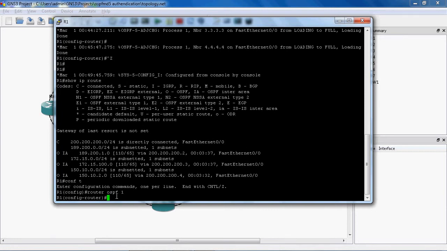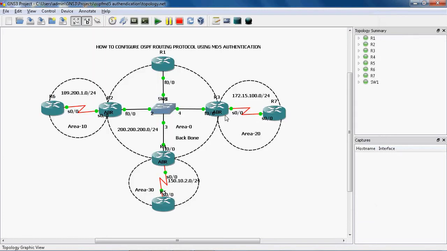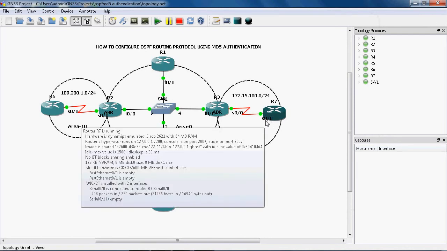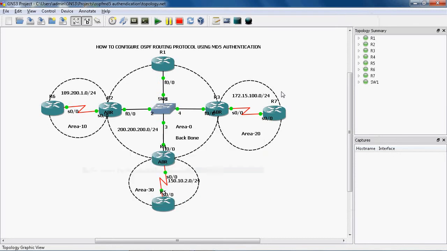Another is that we can go to the particular interface and configure the MD5 authentication, that means on the R3 router and R7 router. On these two routers we go to the particular interface, configure MD5 authentication and create the key on both routers, then only they form the neighbor relationship.